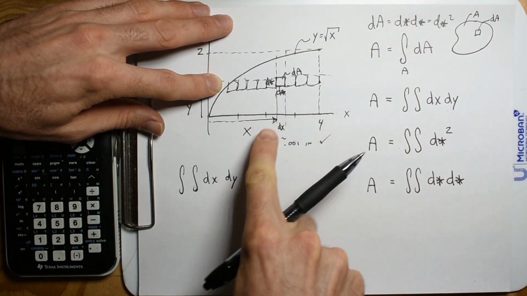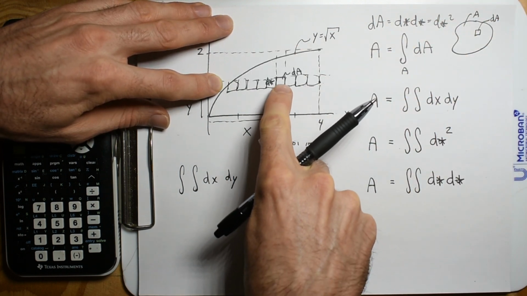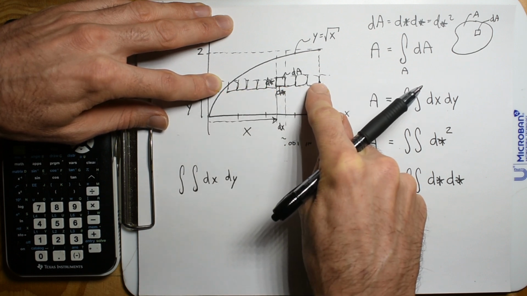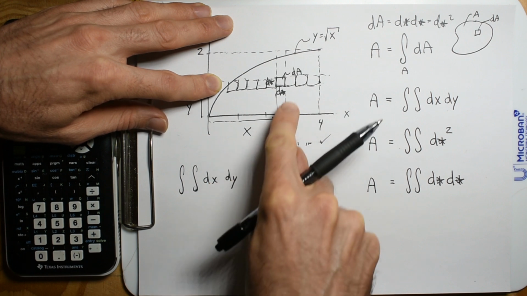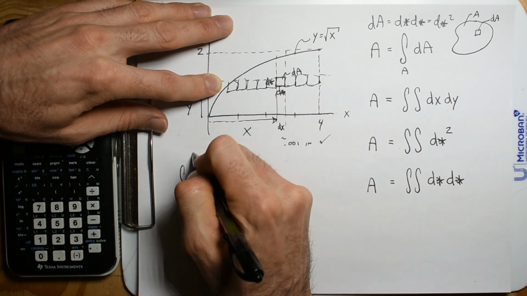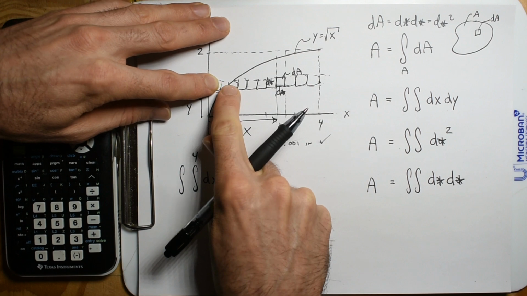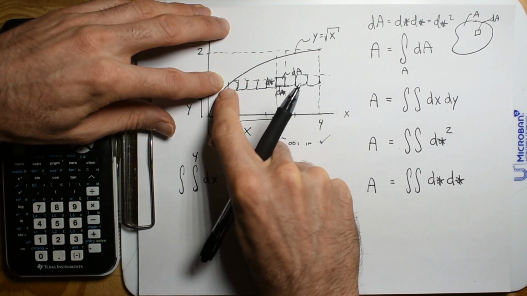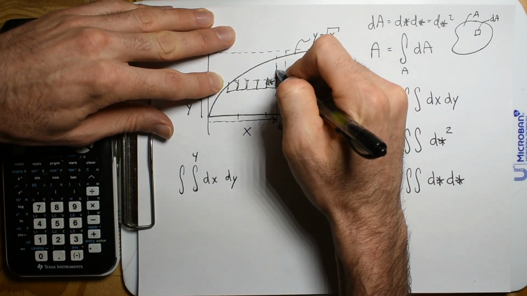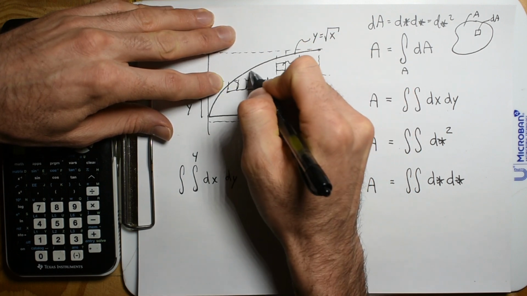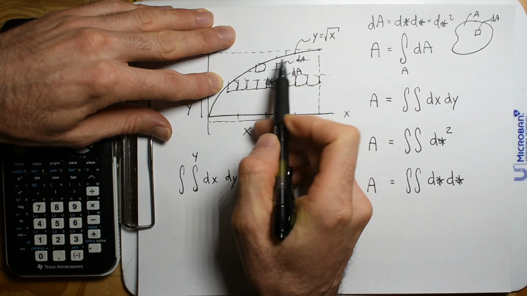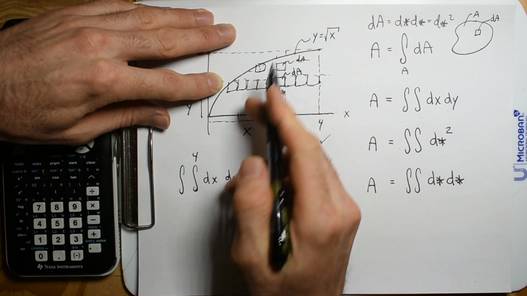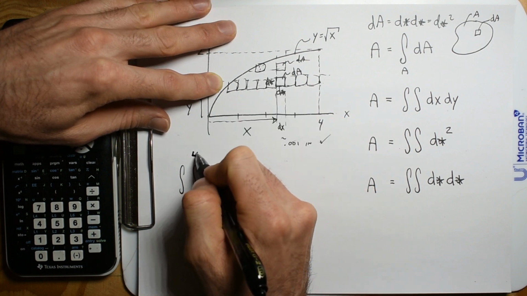What we're going to do is move this box in the x direction, starting from there to there. So for sure we're going to add up all the boxes till we get to x is 4. Now this one's a little bit trickier to see because we don't start at 0. We run into this wall right there. Had we chosen a box up here as our dA, we would have run into that wall right there, into this equation. And so we have to say that